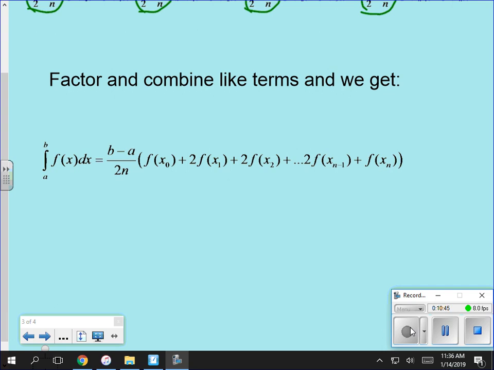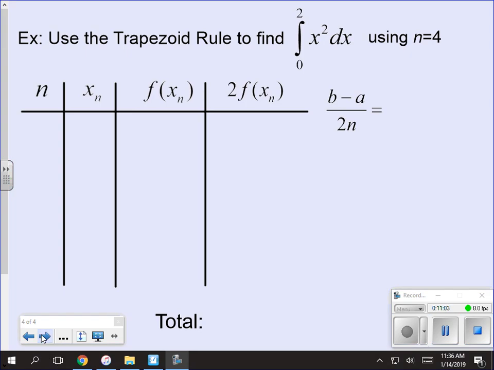They plug in B, they plug in A, how many ever subintervals, and I will tell you how many you need to put down to. And then they figure out the first y coordinate, the next y coordinate, and so on and so forth, and they just fill this in, and they add it together, and they give them their answer, which is great. However, I do have a bit of a template, let's say, for how to do this by hand